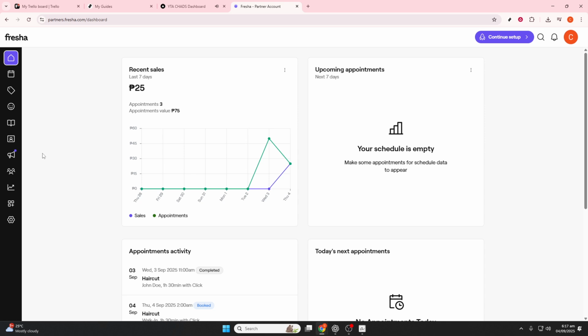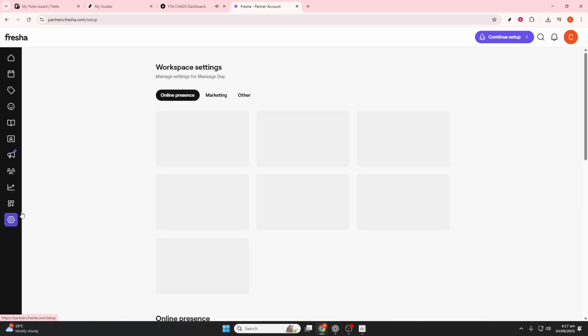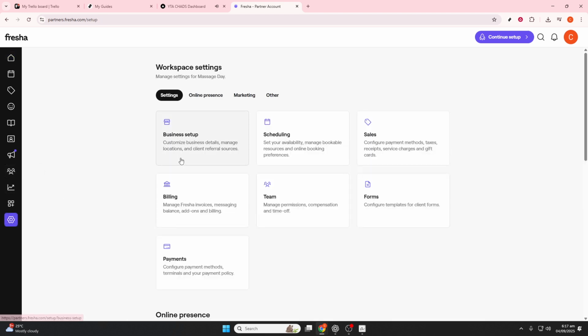Business hours can be seen as the broad strokes of operation for your salon, spa, or clinic, essentially defining when you're open to clients. Staff shifts, on the other hand, hone in on when individual team members are available to work within those broader business hours, and time off is crucial for those exceptional circumstances, be it vacations, sick leaves,